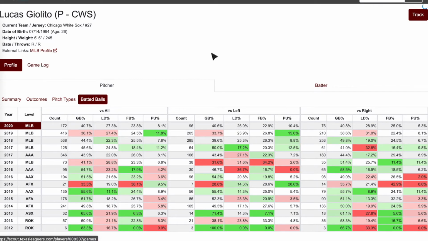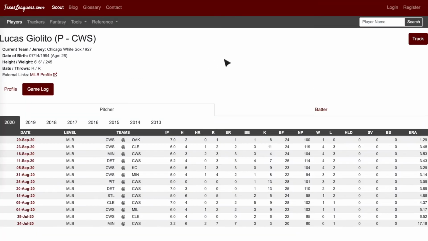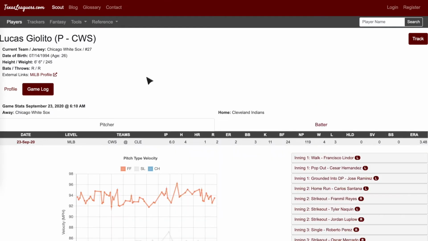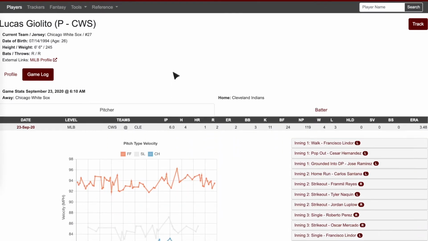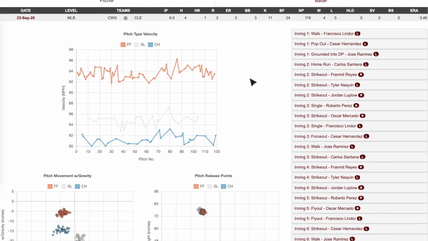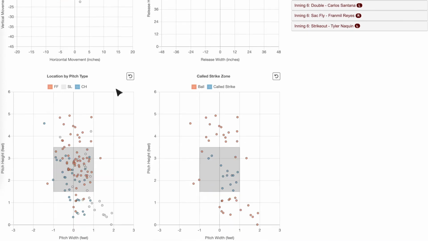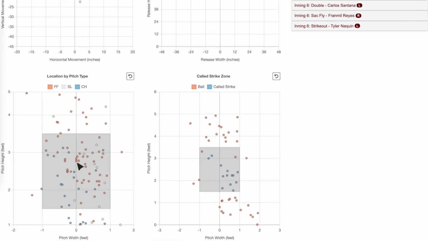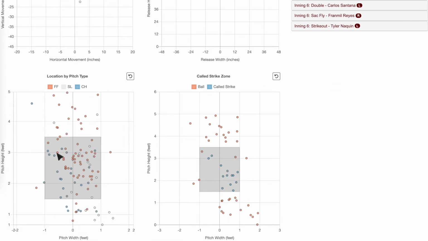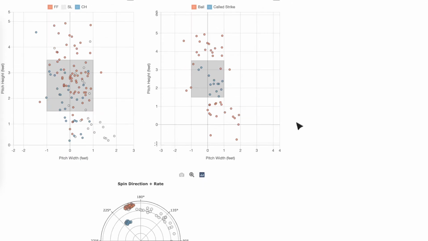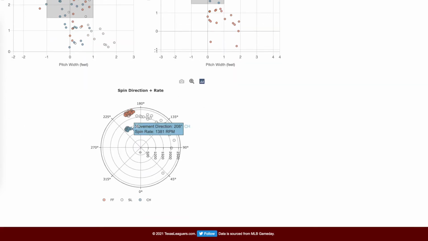Where we really get into the weeds here is when we go to the game log tab. We select a game. Now this may seem very unassuming, but there's a lot of good information if we break it down by game. Just right off, we can see how he's maintaining pitch velocity throughout the start. We can scroll down and see our pitch movement graph with gravity, and here is really neat. This is all the pitches plotted that he threw that game, so we can see how he's attacking hitters, his consistency that day, and then the real meat and bones here is his individual spin direction per